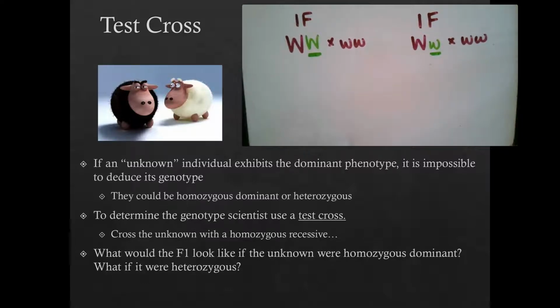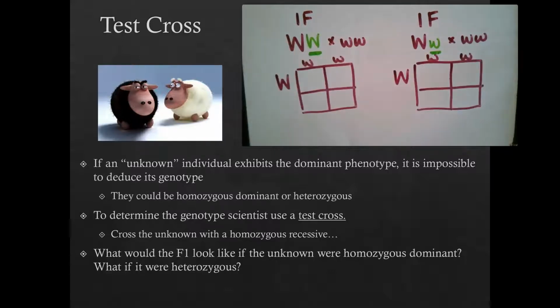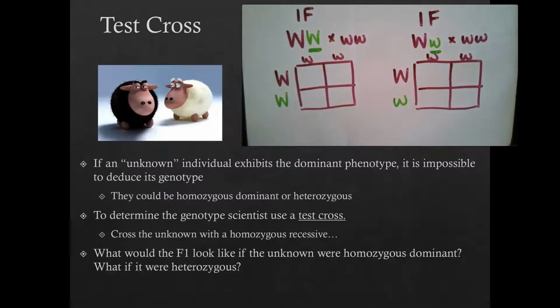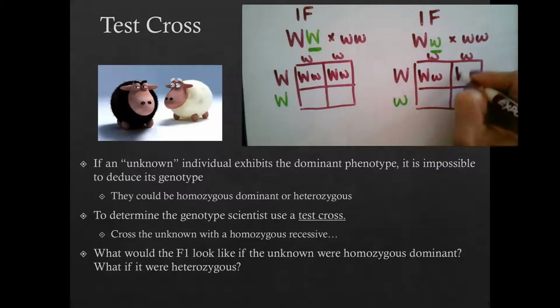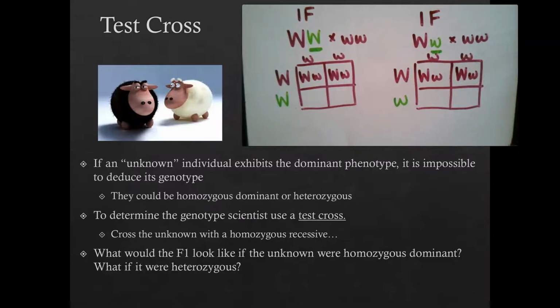And so what we're going to do is predict the frequencies of their offspring. So no matter the cross, this information stays the same. We're always getting the 2 small w's from our test cross. We're always getting the big W from our unknown individual. The question is whether it's that or whether it's this smaller w. And we will find out when we look at the frequency of the offspring. So as we do our Punnett square, what we see is half of the Punnett square looks exactly the same, this top part. What changes is whether on our bottom row we have